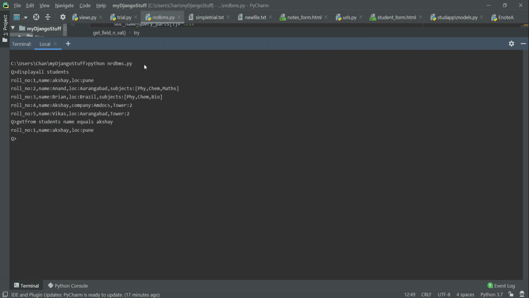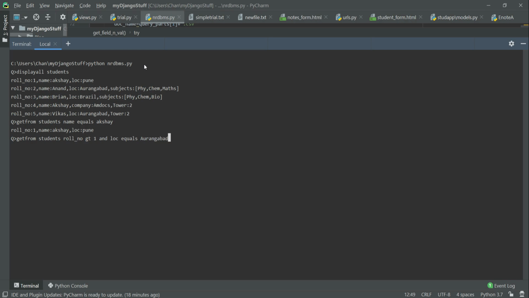Now this is only one condition. Suppose we want to add multiple conditions: get from students roll number greater than 1 and location equals Aurangabad maybe.